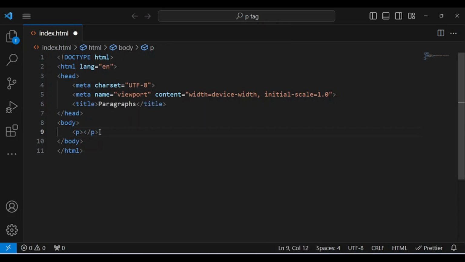One important thing you need to notice about the p tag is that you can nest your text inside it. You can write any text inside the p tag. You just come here in between the opening tag and the closing tag and type any text you want of your choice. So let me quickly type this,